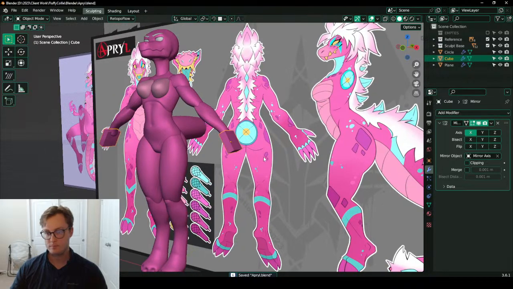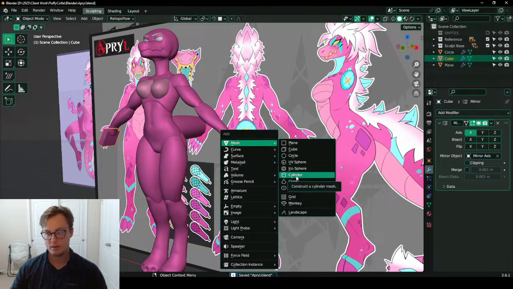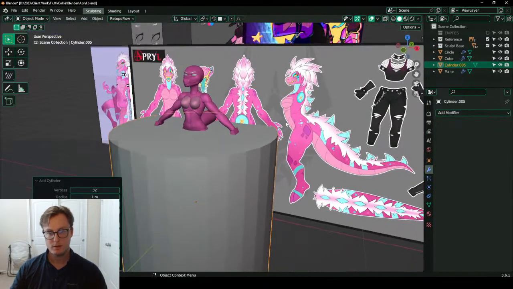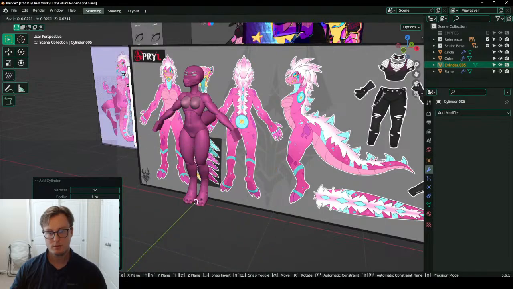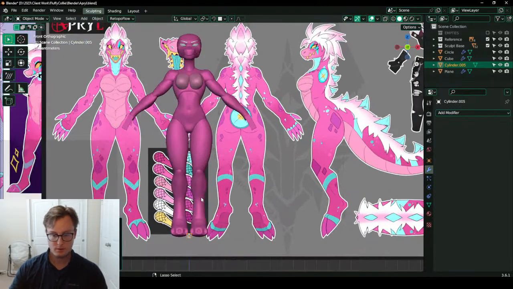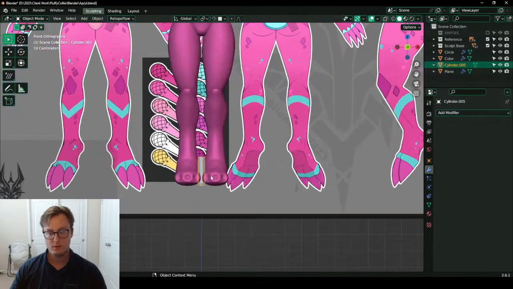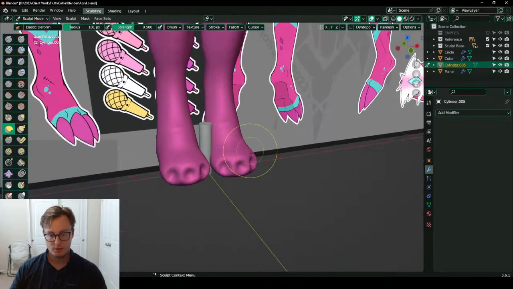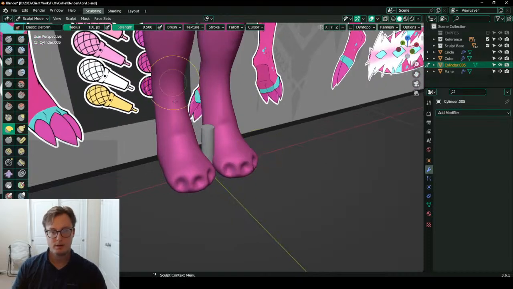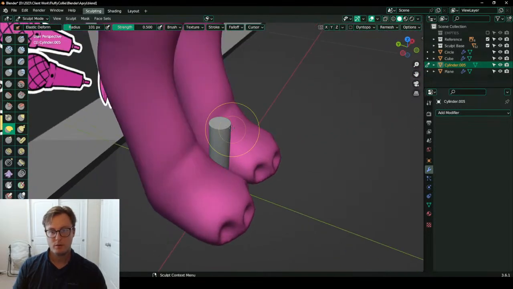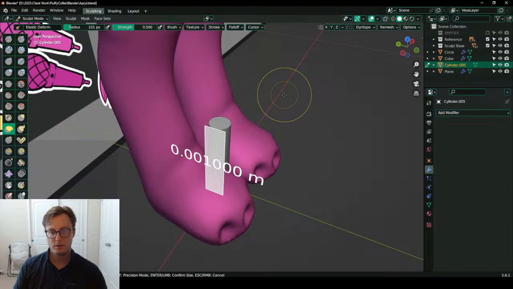We'll also make a cylinder. And I'm just going to start sculpting it right now, to get an idea of where it should be later.